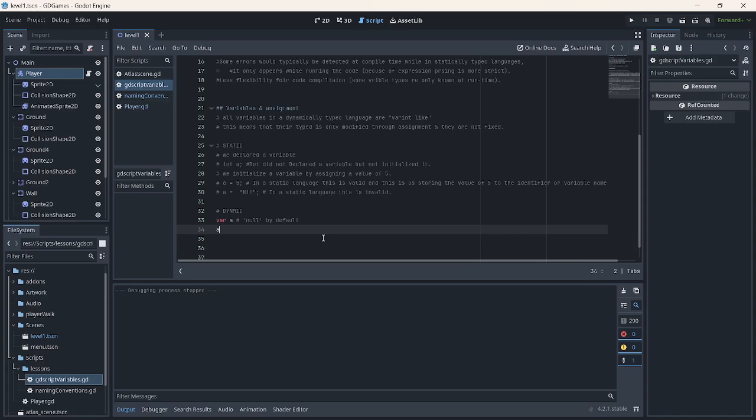When we say A is assigned the value of 5, this is going to be valid in a dynamic language like GDScript. So now A becomes an integer.